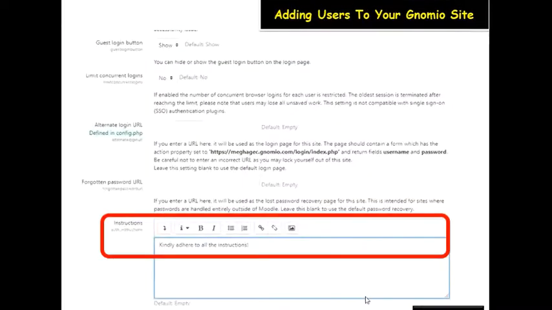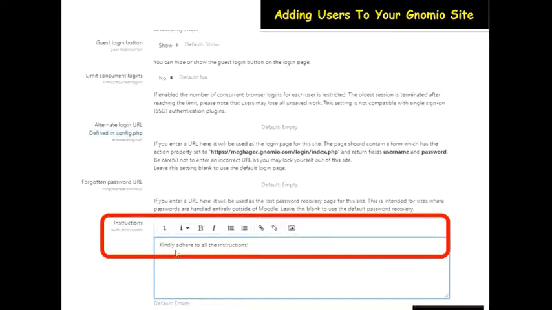And then as you go scrolling down, I see something called instructions. If you want to make sure that your students adhere to certain instructions while they are logging in or registering, you may mention it here. For example, I have just said, kindly adhere to all the instructions.